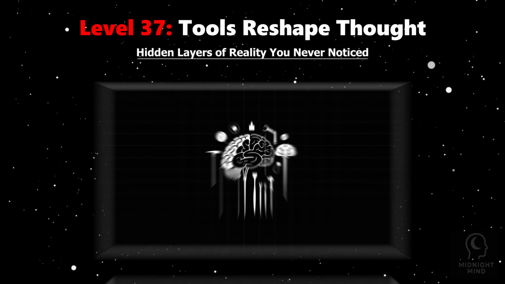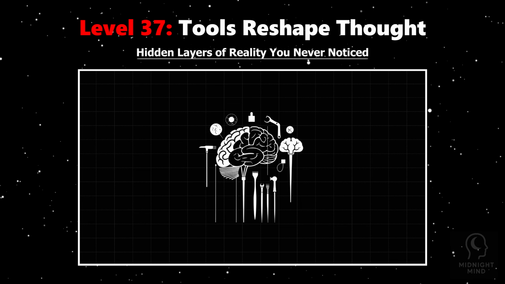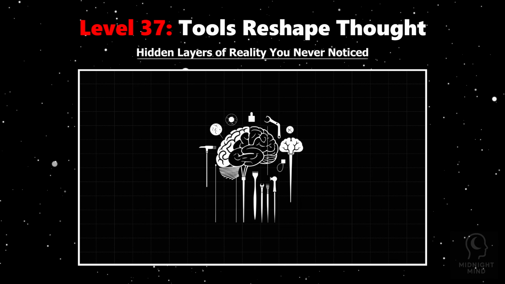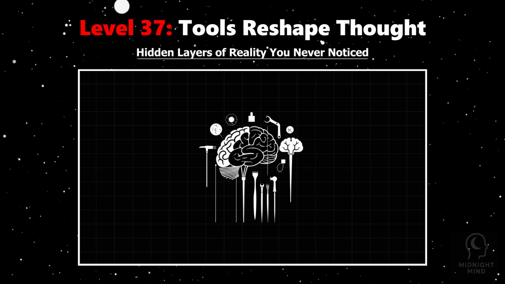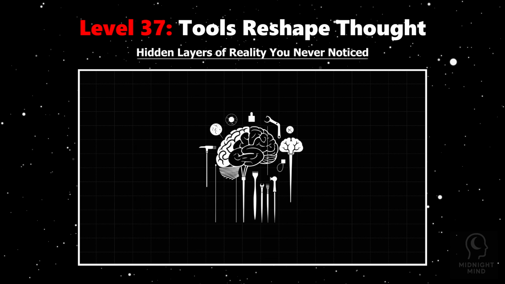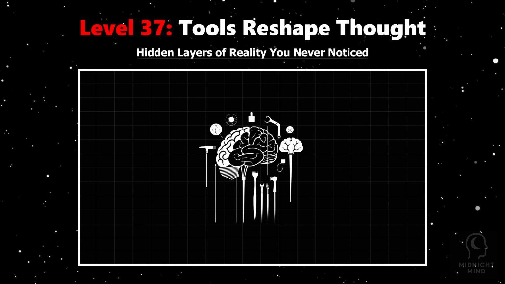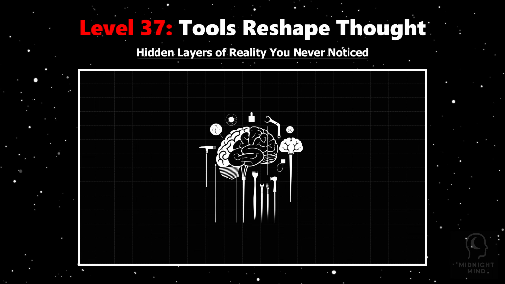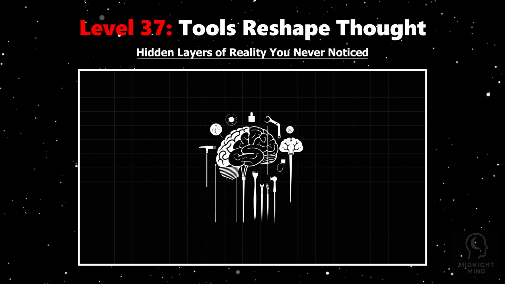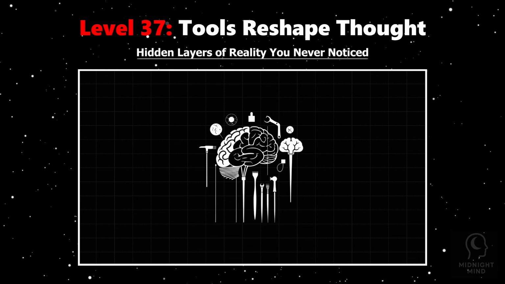Imagine holding a simple tool, a hammer, and realizing it does more than just shape objects. Using any tool, from a hammer to a smartphone or pencil, reshapes how you think. Neuroscience reveals that tools extend the brain's capabilities, rewiring cognition in subtle, lasting ways. When you use a tool, your brain integrates it into your body schema, effectively making the tool an extension of yourself.